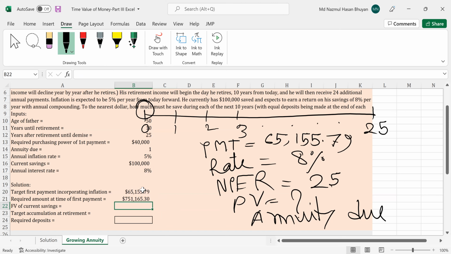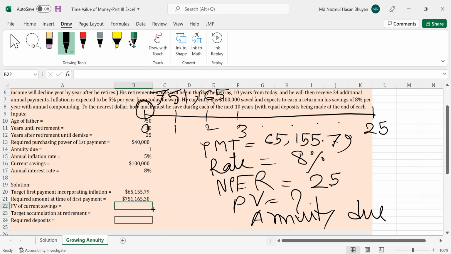So now from this problem, you need to accumulate in total $751,165.30 to get this $65,155.79 for the next 25 years at the beginning of the time period at a rate of 8% interest rate. All right, now